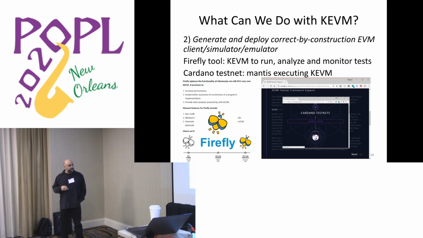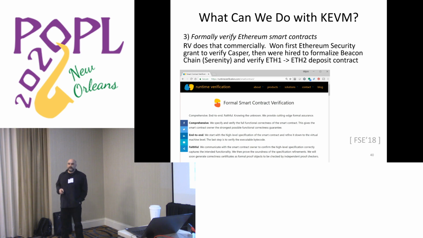And there is a tool also we developed in our company, an RV match-like tool, but for smart contracts called Firefly, which is, again, generated completely from the semantics the same way. But more importantly, and where most of the revenue in a runtime verification company comes from, is from formal verification of smart contracts. So customers approach us and they say, hey, I have this smart contract, I believe it is correct, that's what it does, and then we have to formalize it and verify it. And we use, again, the exact same semantics.